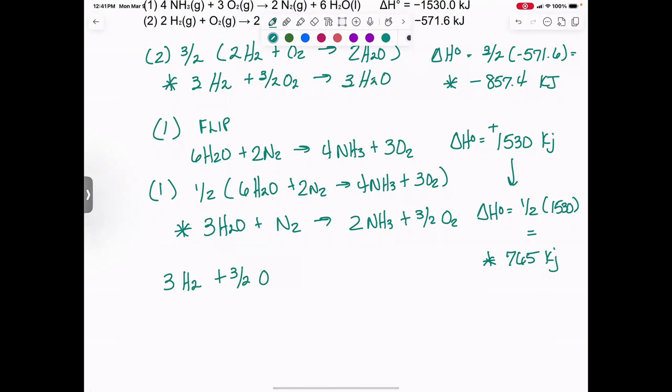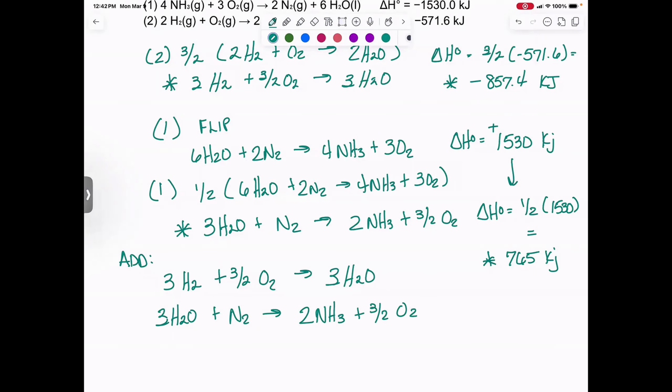All right, so 3 H2s and 3 halves of an oxygen molecule to get 3 waters. I'll just put here add and add those two. Okay, and then we're going to have 3 H2Os plus an N2 to get 2 ammonias. Yeah, and I'm already seeing things will cancel. We'll cancel water, water, and the 2 oxygens. So notice 3 waters on each side, gone. 3 halves of oxygen on each side, gone. And then we're left with 3